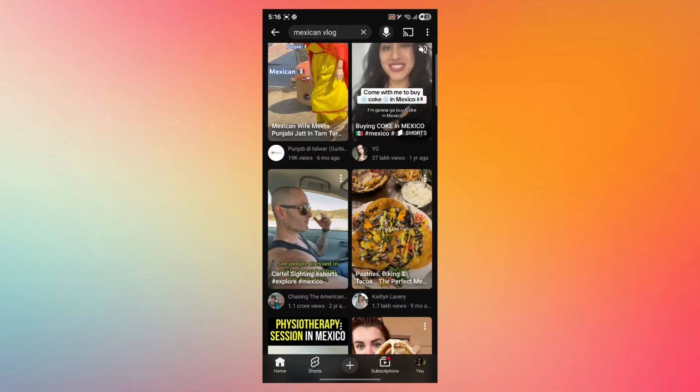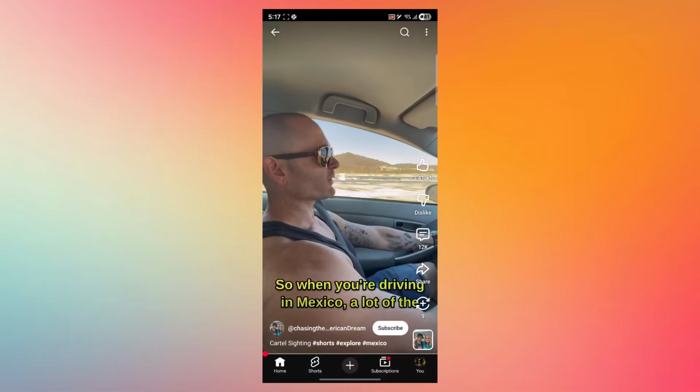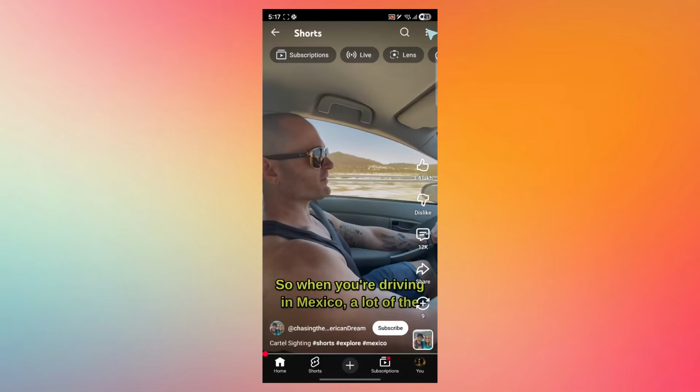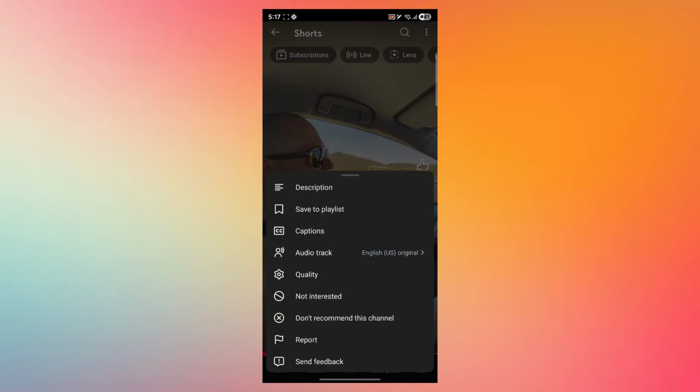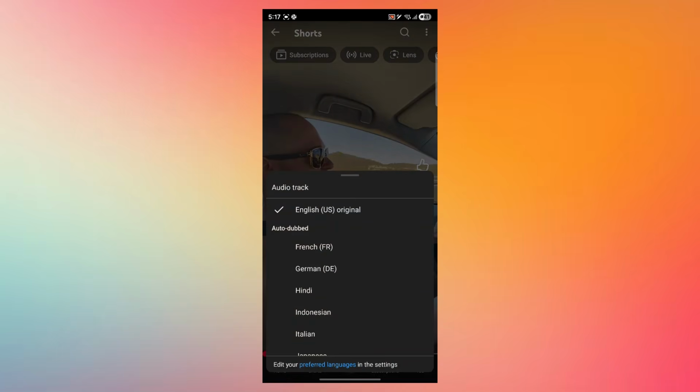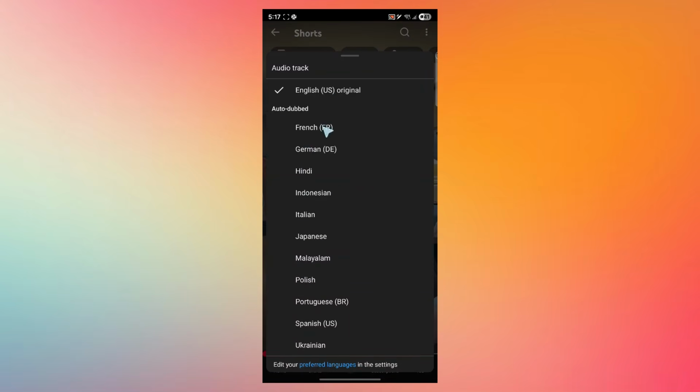Now, if you're already watching a video that's been dubbed, you can switch it back instantly. Just open the video and while watching, simply click the three-dotted icon at the top right and click Audio track. Here, you can select the original audio track. So the auto-dubbed audio tracks are here. Simply click the original audio at the top, and in most cases, YouTube will remember this choice for the rest